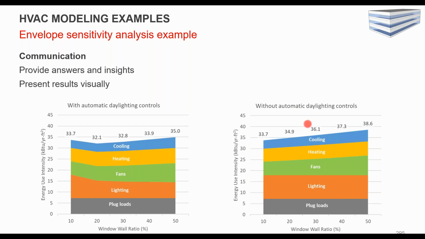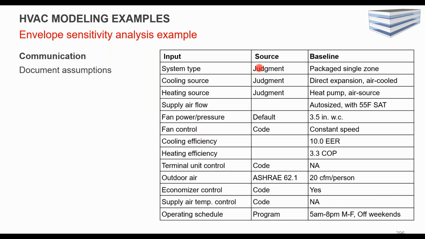And then you can show that same without daylight controls. If you did not do daylight controls at the same window to wall ratio, right, you can see what the delta is between the EUIs. And then in terms of documenting assumptions, again, this is just a simplistic version, but if you look at the BEM Cyclopedia, the reference, you'll see there's a couple different ways that people present this data. But again, put in enough detail here that you can go back and justify the results, right? And if someone is going to review it, that they can review it thoroughly, right? That's also helpful.